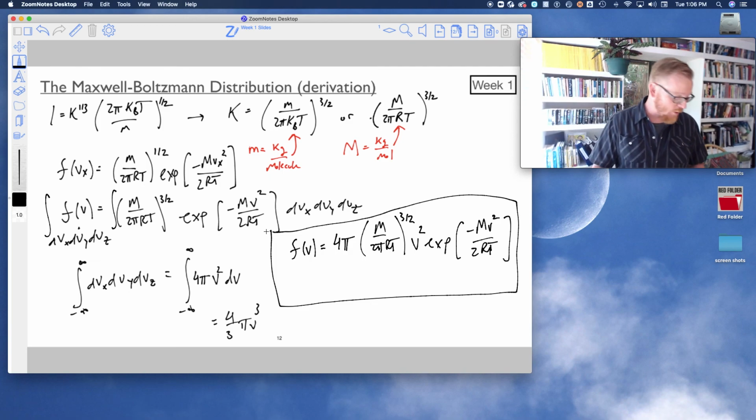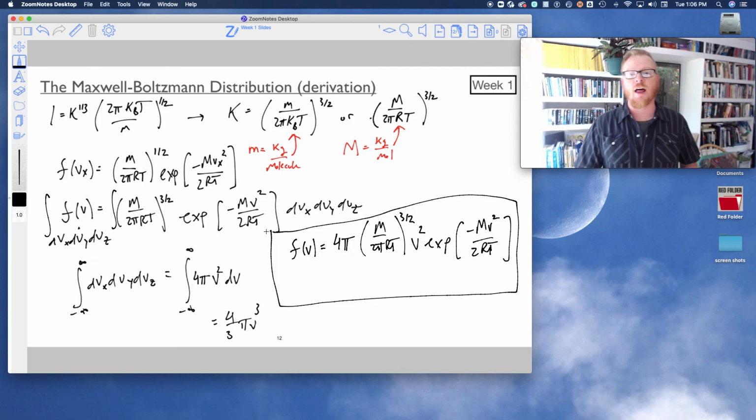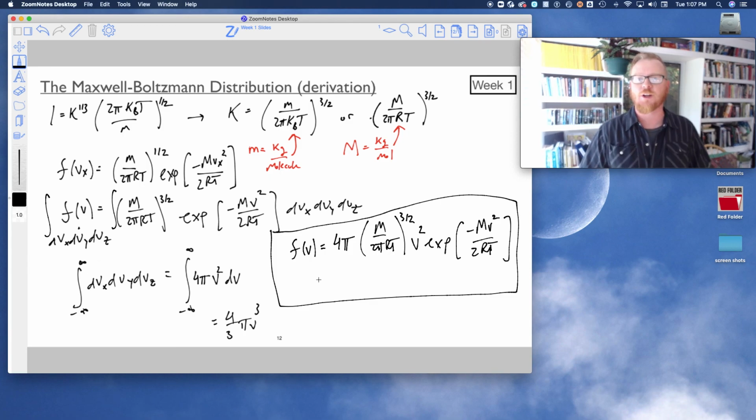And we're going to play with this equation a lot in the coming weeks in your Mathematica slides. And so there's a few